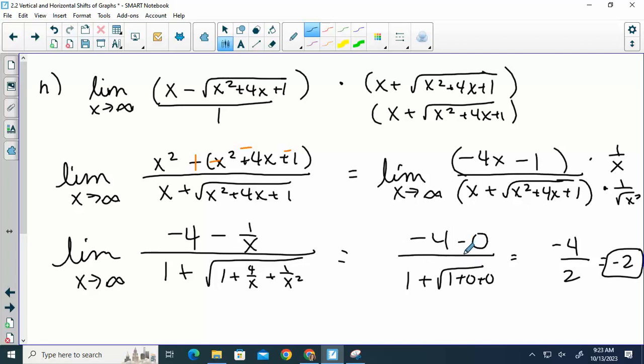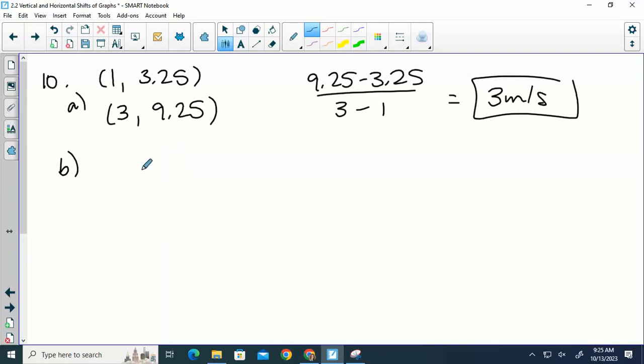If we have time at the end of class, I might do another one of these radical questions, because I think we've had some issues with those. Let's check the next little part. I know we want to go over instantaneous when t approaches 1. So what you're going to do